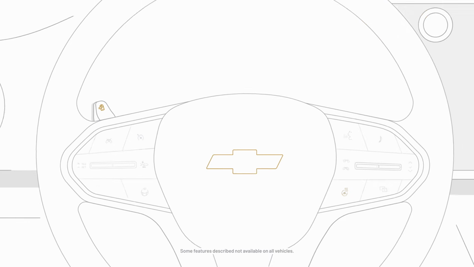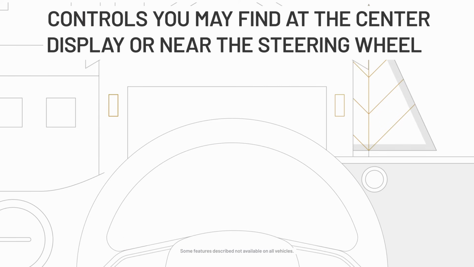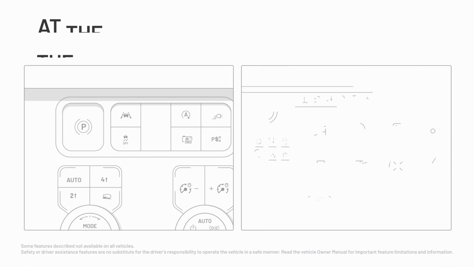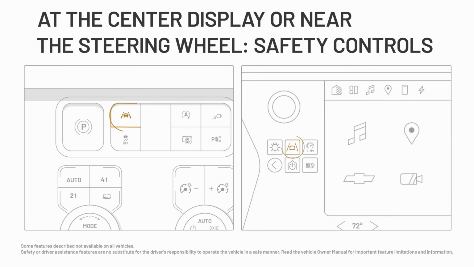Other controls can be accessed in the center of the cabin, around the center display, or even on the panels to the left or right side of the steering wheel. This button toggles Lane Keep Assist. There are a few variations, but any symbol that shows a vehicle between two lane markings is going to signify the Lane Keep Assist button. This is the button used to turn the traction control system on or off.